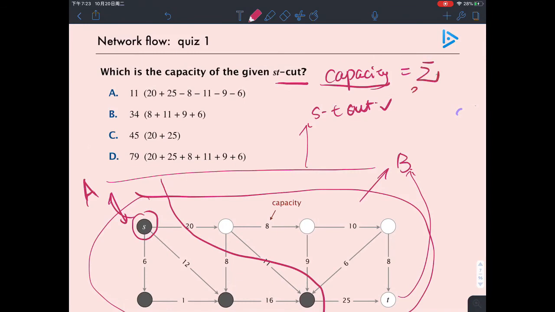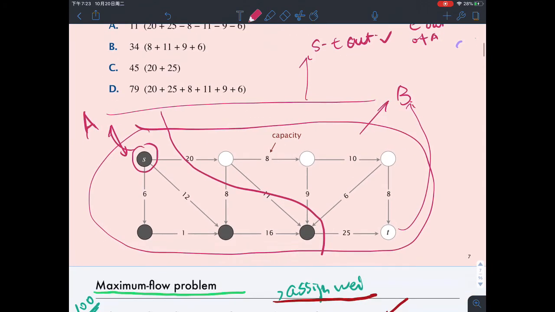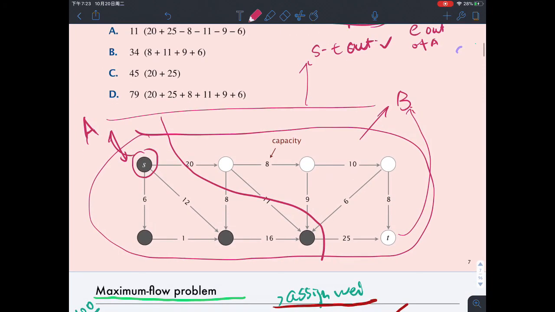Now, after we have the ST cut, we want to compute the capacity. When we compute the capacity, as we saw just now, it's the sum of the capacity of E out of A, right? So let's calculate what are the out of edges. So this edge is out of A, and this edge is not out of A, this edge is not out of A,